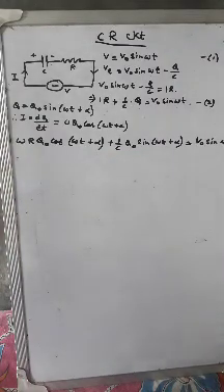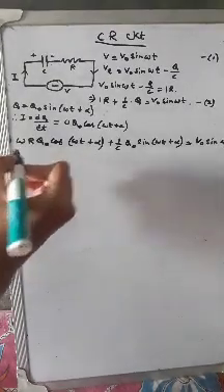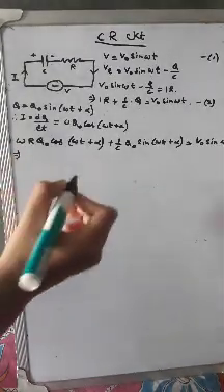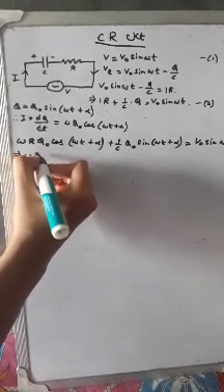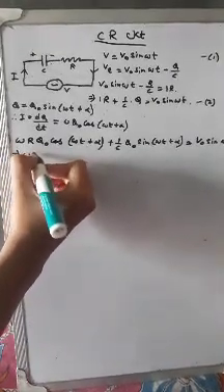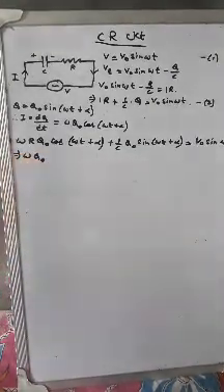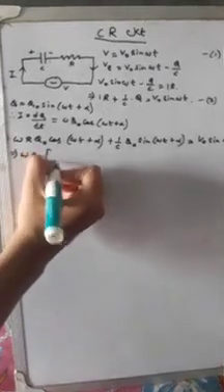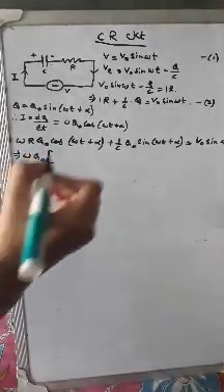Now let's see what I can write. Equals omega Q naught within bracket R cos